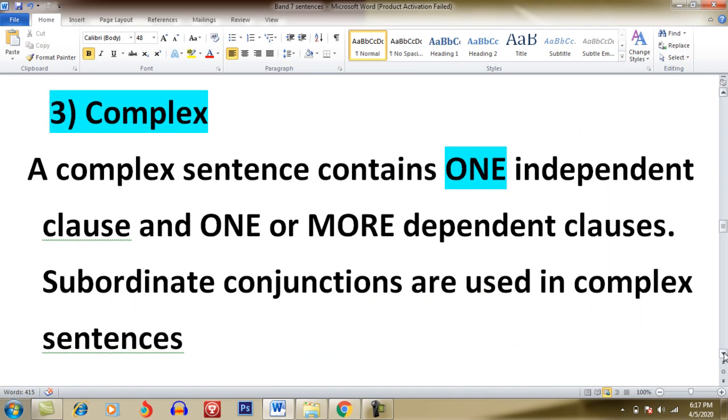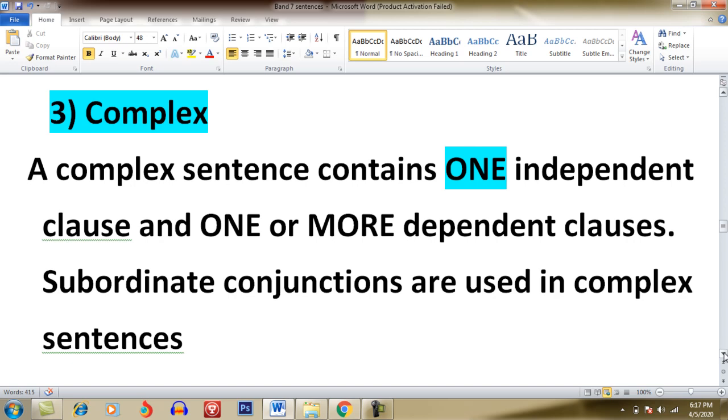Complex sentence. How to construct a complex sentence? A complex sentence contains one independent clause and one or more dependent clauses. Subordinate conjunctions are used in complex sentences. Keep in mind, as I mentioned earlier, a compound sentence is the combination of two simple sentences. But here,